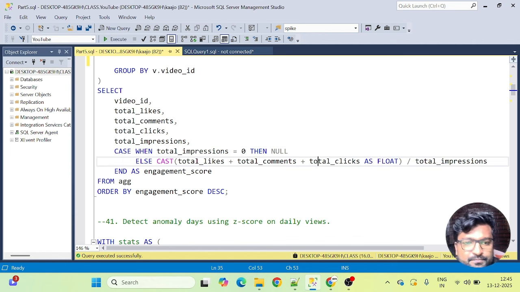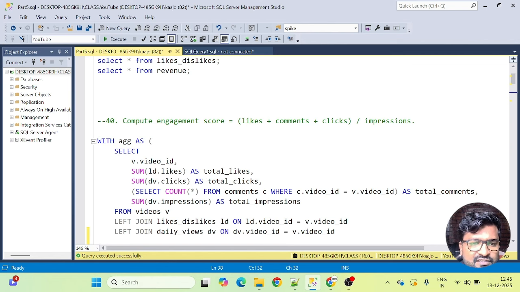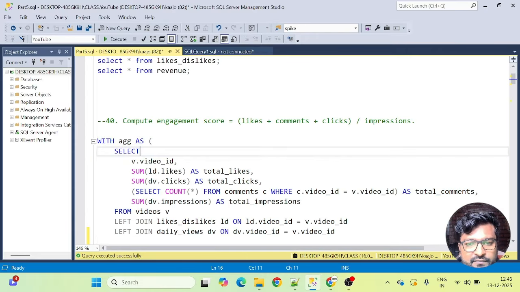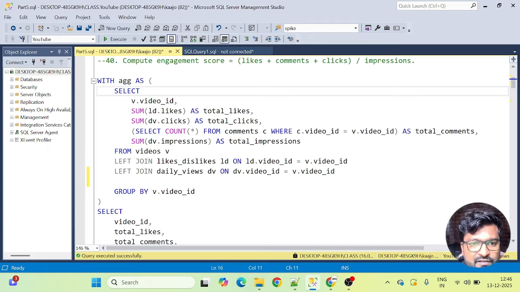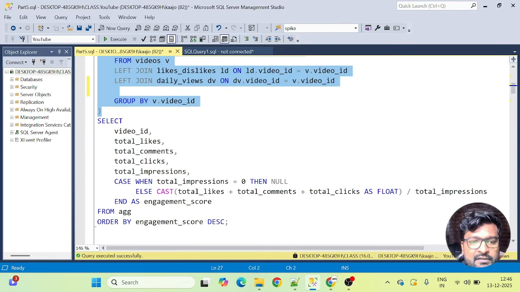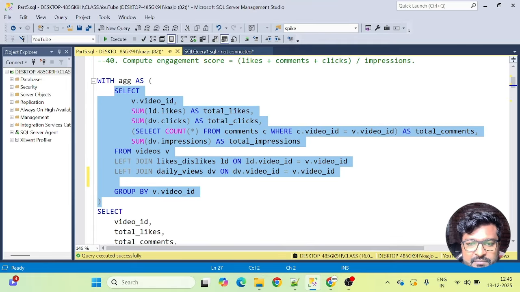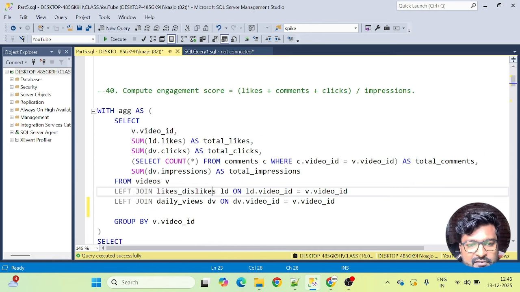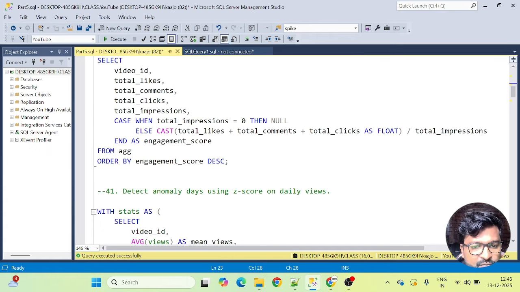Okay. So the main part of this question was just to get the CTE right. So execute, right? So here we have got the engagement score, something like this. So for the sake of you guys, I'm just quickly showing you the solution as well. Now keep a note, in this question, getting to this CTE part is difficult. After that, it is quite simple. You just have to sum all the three values, likes plus clicks plus comments, sorry, and just divide by impressions, and your work will be done. So only this part is important. Keep a note. Okay, so let me just quickly go to the next question.